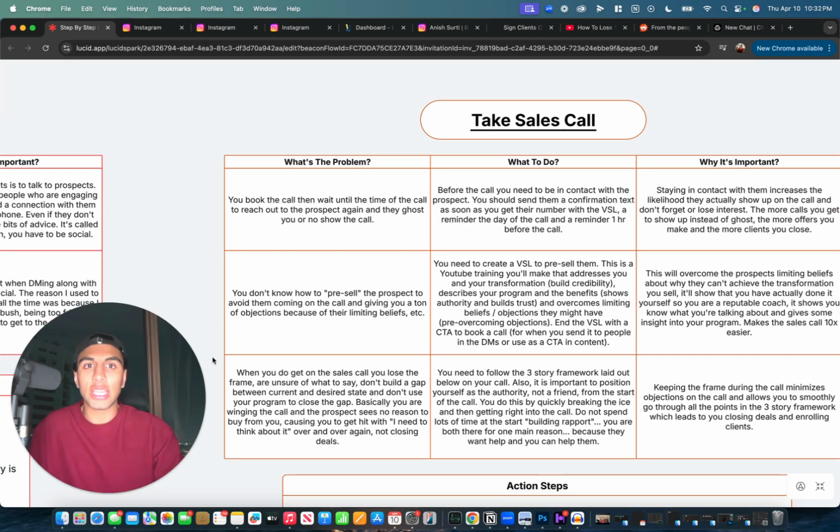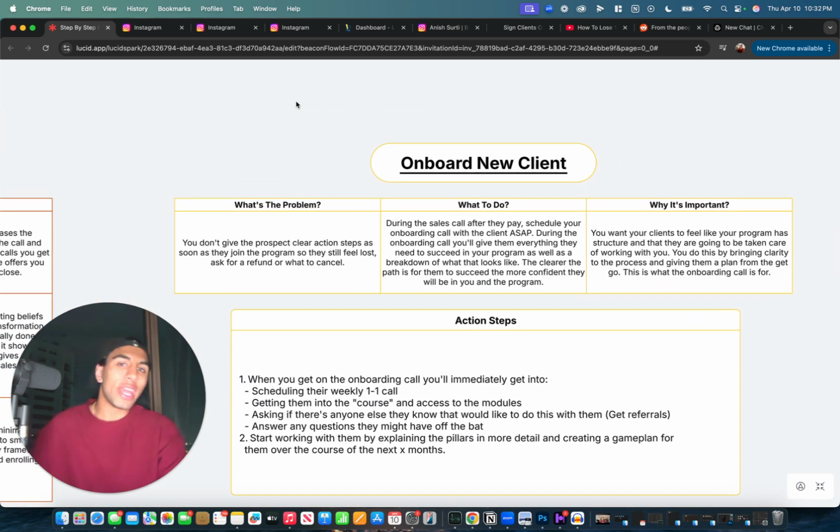So we take our sales call. We eventually get them to agree. We send them a payment link. How? Zelle, Venmo, Cash App, doesn't matter. For your first client, you can use any of these. Okay? However you like to collect payment. Apple Pay, whatever. You don't have to worry about setting up a business and a Stripe and an LLC. It's all right. Okay?